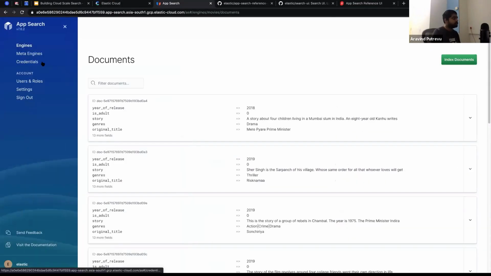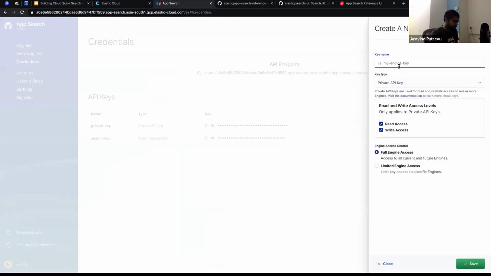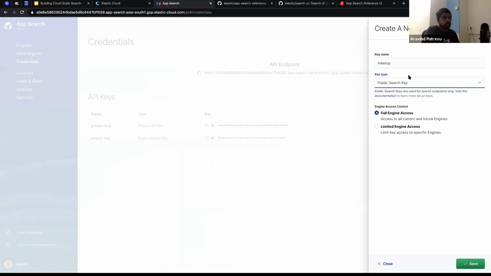So you have a credentials link here. There are two types of keys which are generated by default for all the engines, but you can also create a key. Say, if I create this key, there are again different types of keys. You could create a public search key, which is limited to search operations, say read, but not create, update, delete.